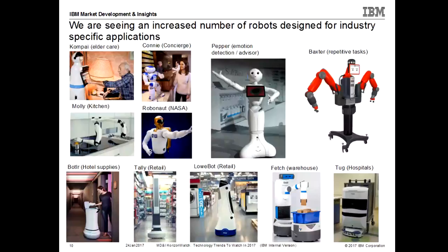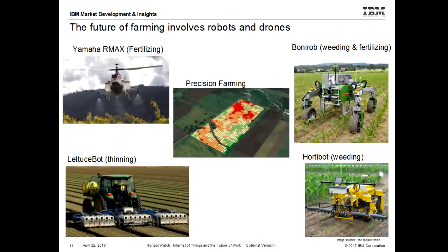Certainly the elder care area is one that is going to be needed over the long haul. So a lot of different interesting ones, and these are just some that I've selected here. There are many more that are really industry-specific applications. And the next slide is interesting as well, because I could have pulled out maybe 15 different robots and drones